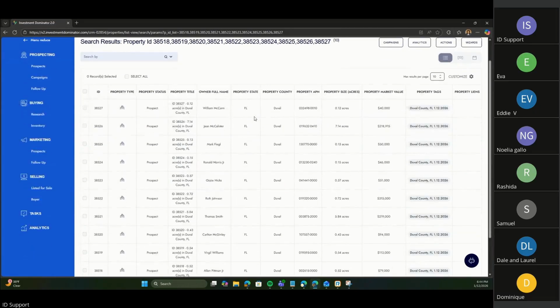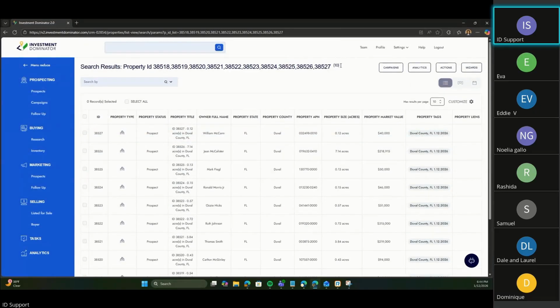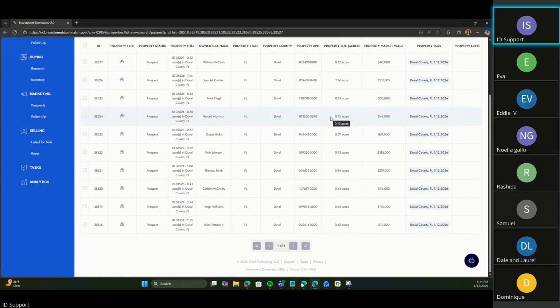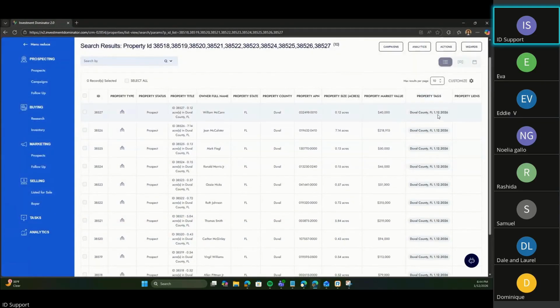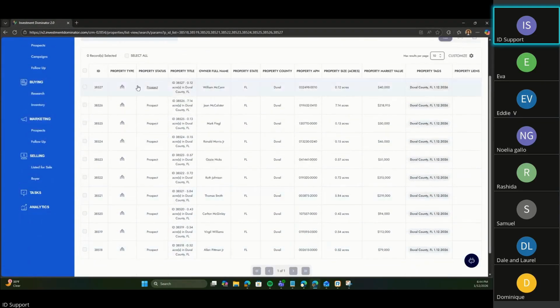All right, so here are the records that I imported. This is just showing the 10 records that I imported because I'm coming straight from that page, and I'm doing this for the sake of time. So all of my property tags are there. You see the ID, this is the property ID. Now the ID number that's on the bottom of the letter is the owner ID, or reference number. That's what I'm looking for.